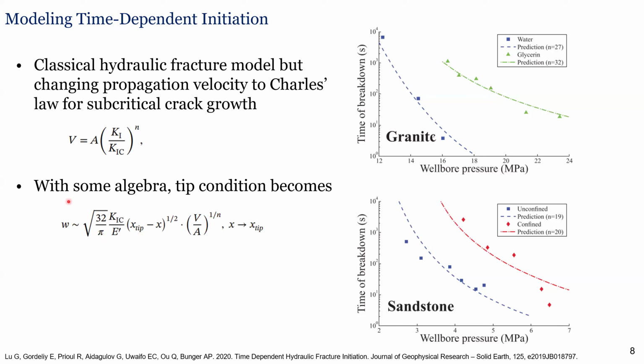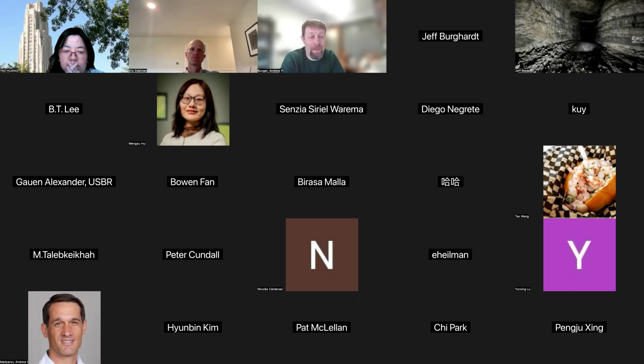So typically the hydraulic fracture model says that propagation happens when the width achieves a certain value, when the width equals something that is related to K1C. What we find when we rearrange this is that we get a velocity dependence here. And that actually lets the crack propagate really slowly at subcritical values, and then it accelerates as K1 approaches K1C. So when we substitute this into our hydraulic fracture model, and we use a value of n that is kind